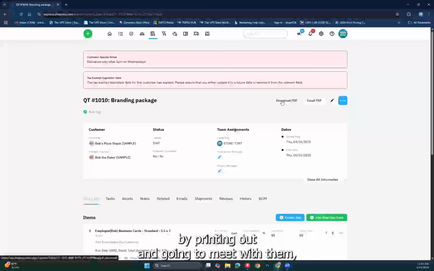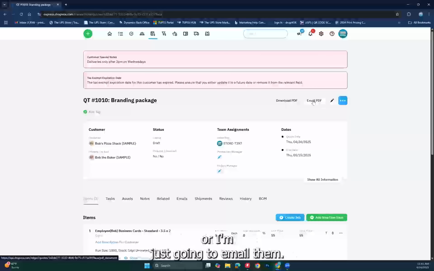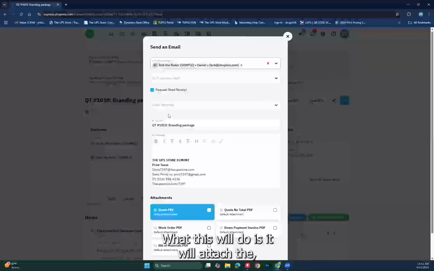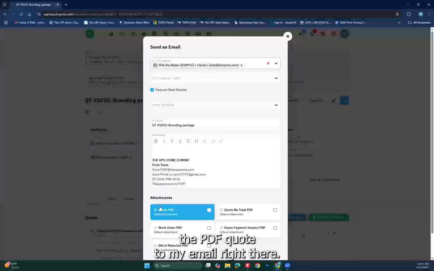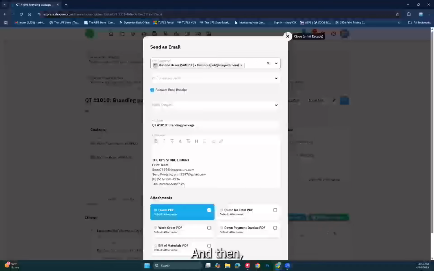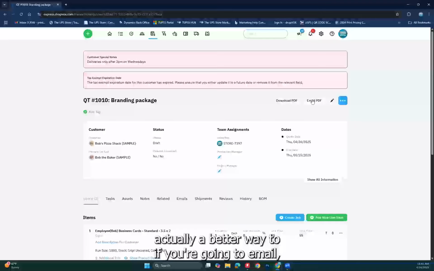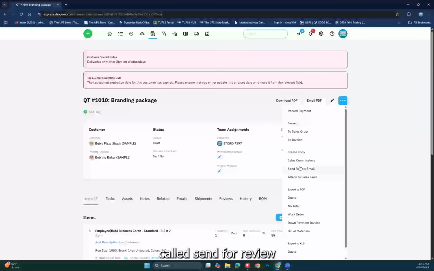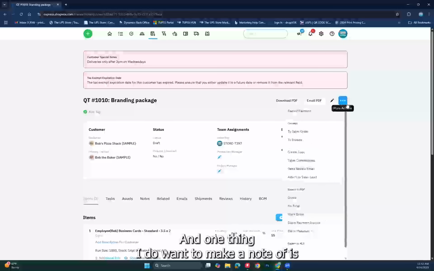I can sell them by printing it out and going to meet with them, or I'm just going to email them. What this will do is attach the PDF quote to my email right there. And actually, if you're going to email, a better way to do this is through what's called send for review email. What this will do for us, and one thing I do want to make a note of is,